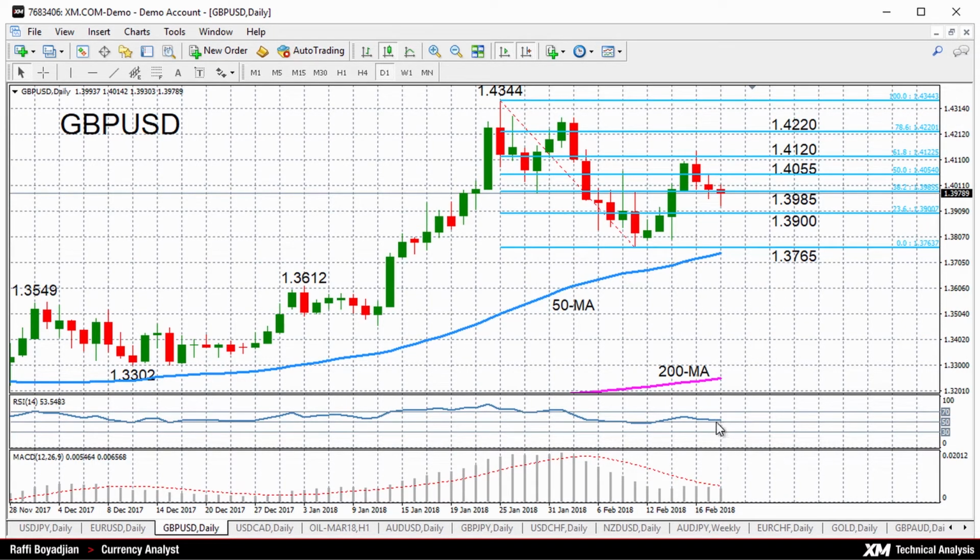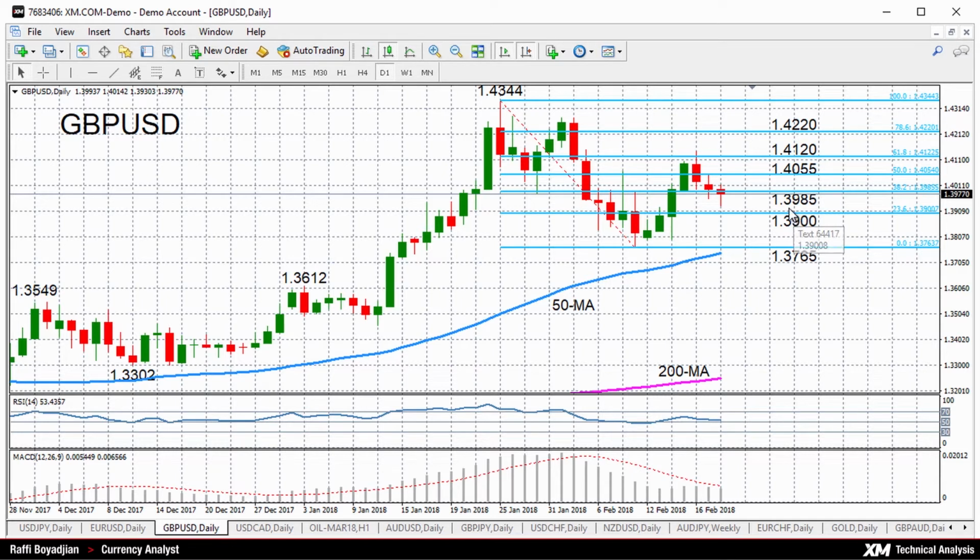Pound dollar is fairly neutral at the moment. Prices have retreated from that 1.5-year high we saw back in January. We are seeing both support and resistance coming from around the 38.2% Fibonacci retracement of the down leg from 1.4344 to 1.3764. That's around the 1.3985 level. The risk is to the downside, mainly as we can see 3 successive days of